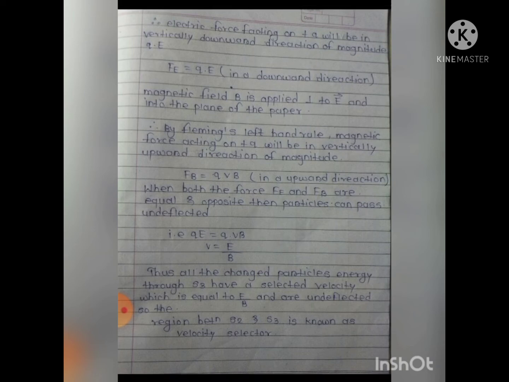Therefore, by Fleming's left hand rule: the simple and accurate way to find the direction of force or motion of the conductor in an electric motor when the magnetic field direction and the current direction are known is the Fleming left hand rule.